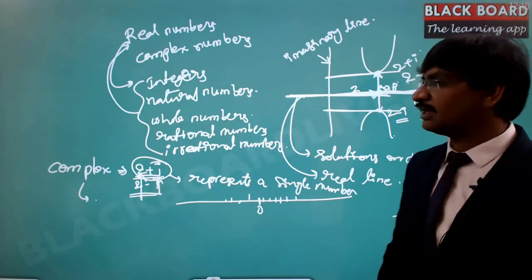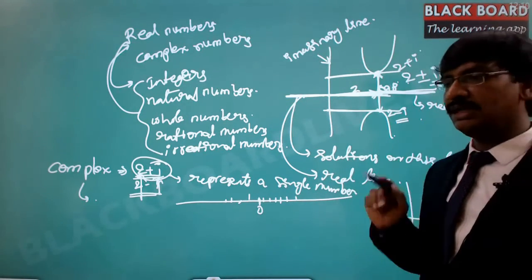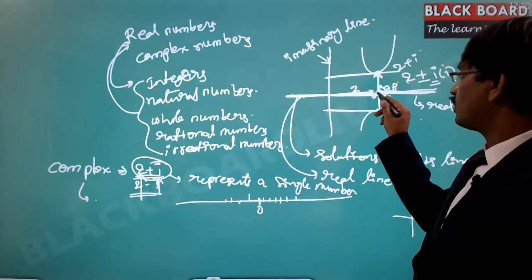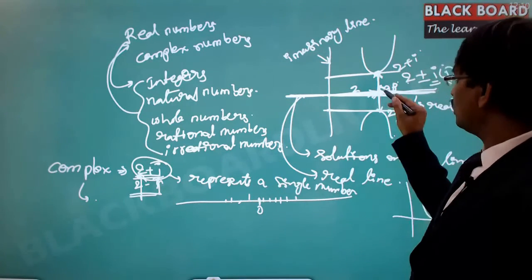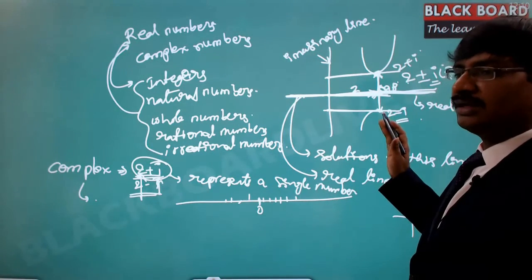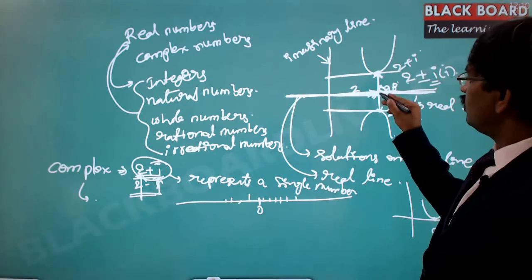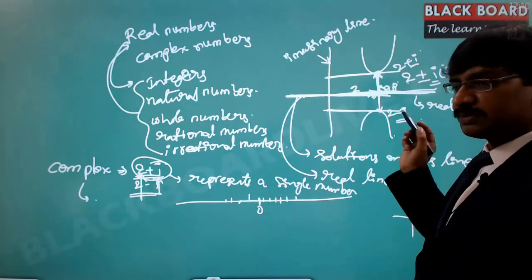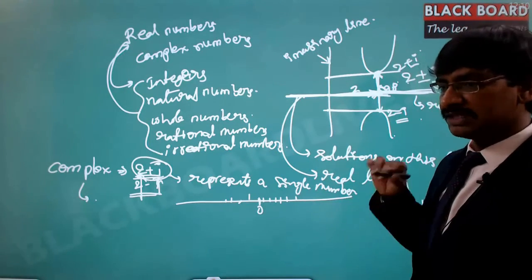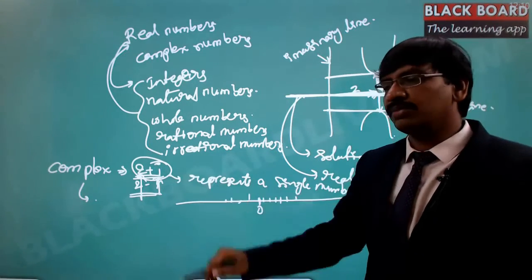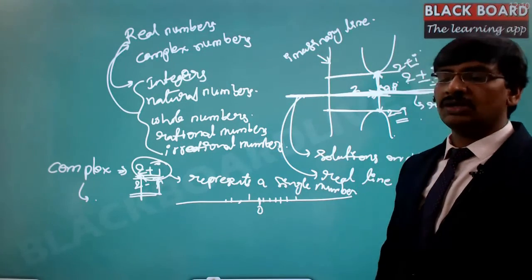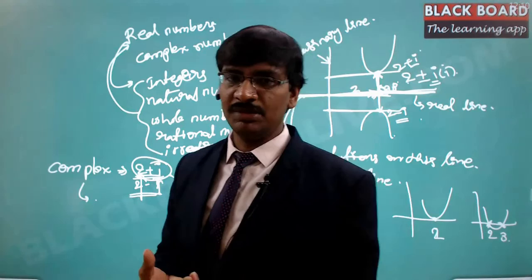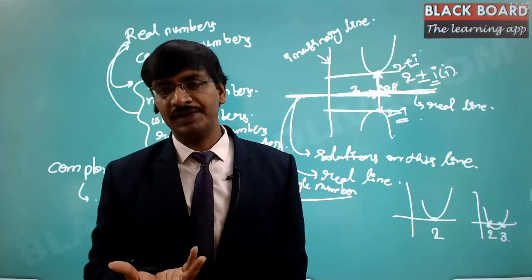So here it is still representing a single point, but that single point is located in such a manner that on the real line you have to travel a distance of 2, and on the imaginary line, parallel to the y-axis, you have to travel a distance of 1 unit, then you will reach that point. Expressing such information with a single number is nothing but the complex number, that is 2 plus i. So we have the definition of the complex number: it is still a single number, but it is a complex of two different real numbers.